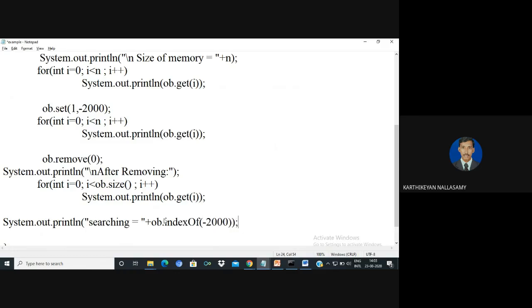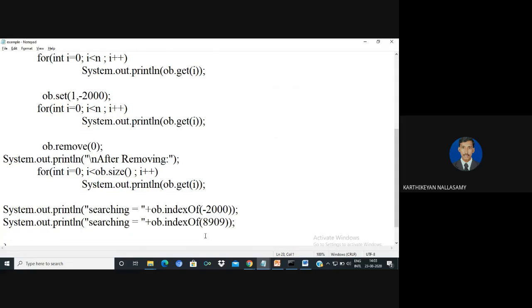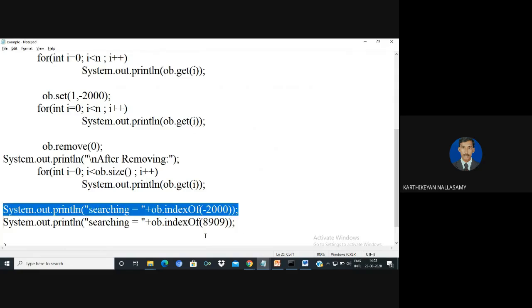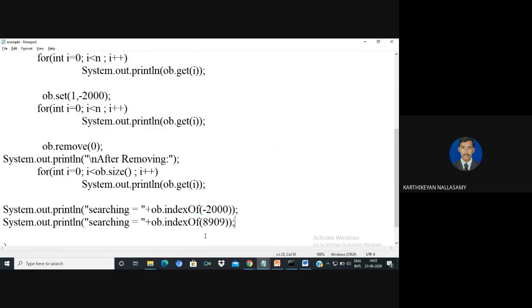I'm going to search it. I'm trying to display the value of -1. No, sorry. I'm going to search some value, but this element is not returned. The indexOf method returns the index value at which the particular search element exists. And if the element does not exist, then it will return -1.